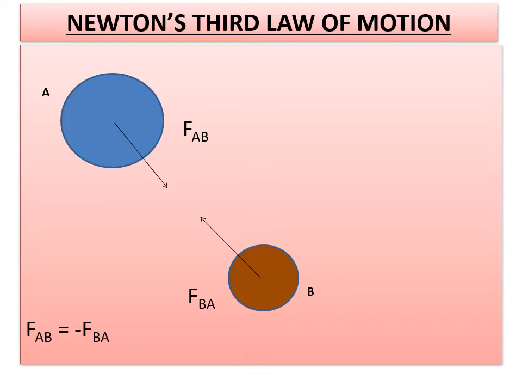Children, before understanding what is the statement for Newton's third law of motion, we have to understand something related to that. So, according to this law, when an object A exerts a force on another object B, the second object B exerts a force back on the first object A at that same instant, means at that particular time only. Okay, now these two forces are always equal in magnitude, but they are opposite in direction.